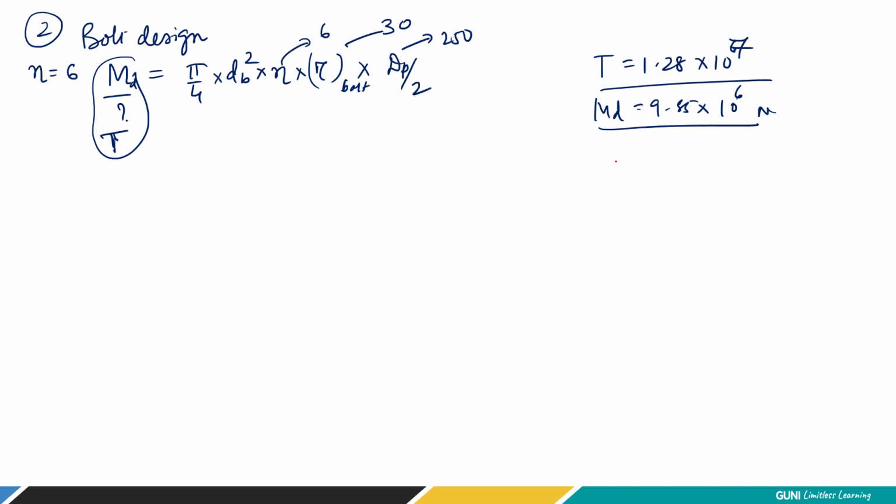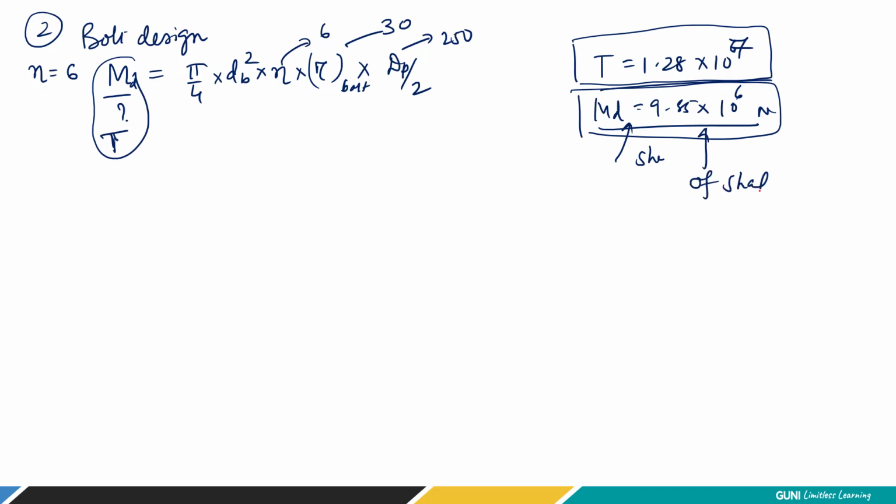Now, this is the condition for the shaft. But for designing the bolt, you have to consider the maximum torque. You cannot consider the lower value. This is the limitation of the shaft, not the bolt. There is no keyway in the bolt. So for finding the diameter of the bolt, we have to consider the maximum value. So here we are not going to consider the design torque. Instead, we are going to use the T value, right?